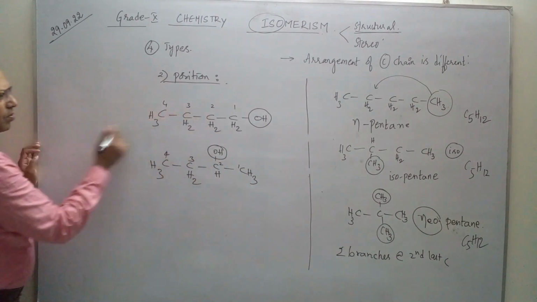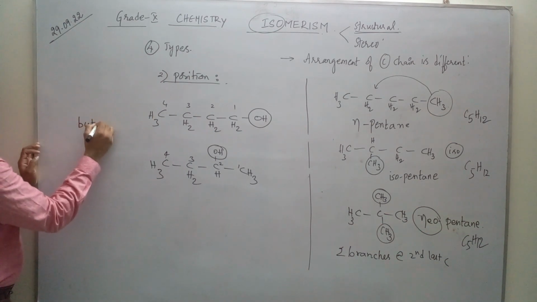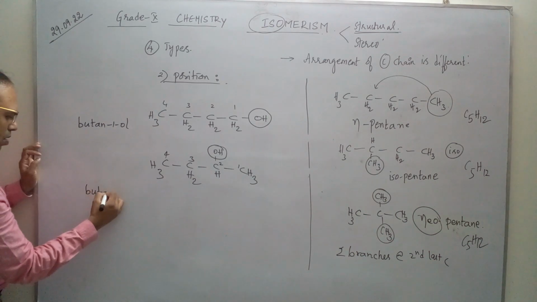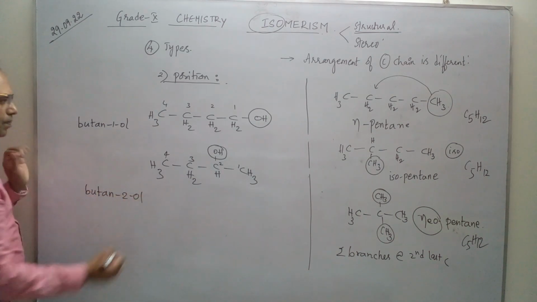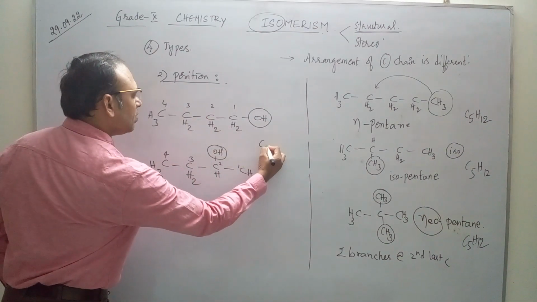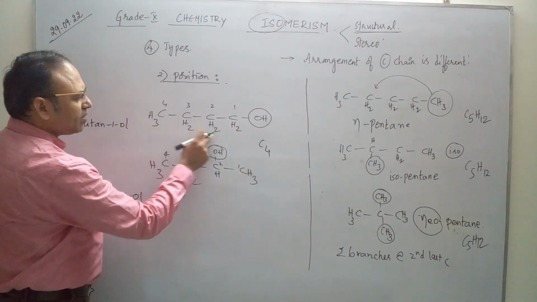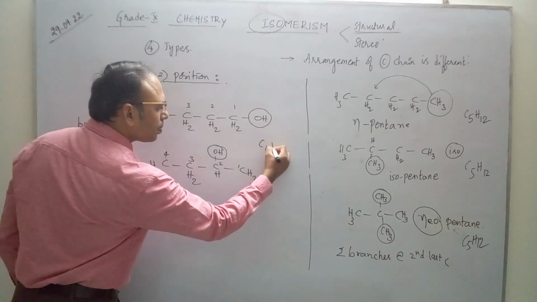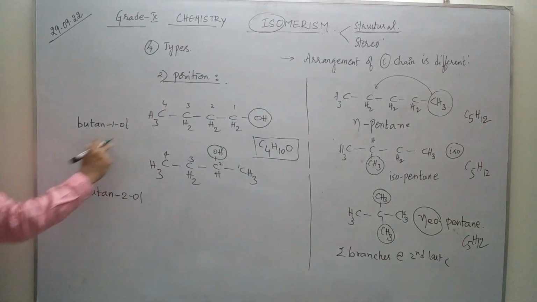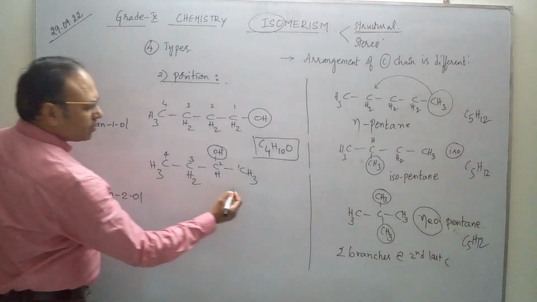Now the name of this compound is butane-1-ol, and this will become butane-2-ol. Calculate the molecular formula. This will be C4, 3, 5, 7, 9, 10, H10 and O. This is the molecular formula of butane-1-ol, and for the second one,